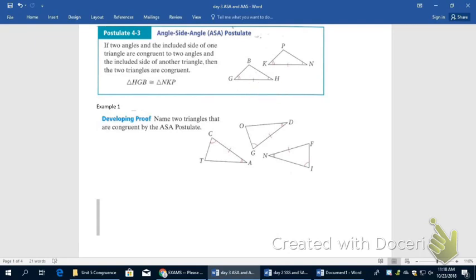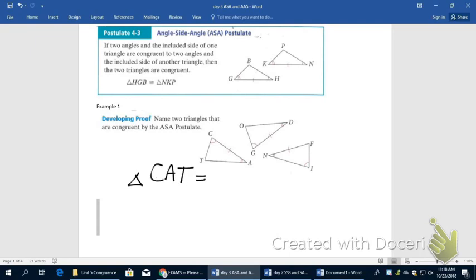So when I look at this first example, the triangles that would be congruent by angle side angle would be this one on the left, where the segment is between the two angles that are shown to be congruent, and this one on the top. This one over here on the right is not angle side angle because the side is not between the two angles, N and I. So my answer for this first example would be triangle CAT